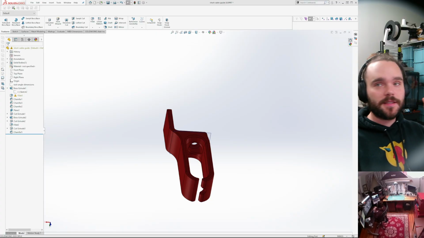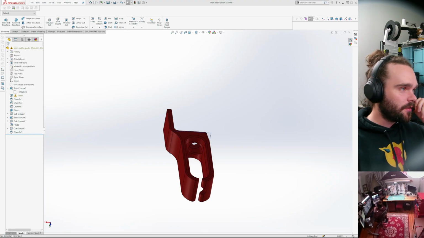Damn. The last time I exported this model, the first one, was a year ago. That sucks.